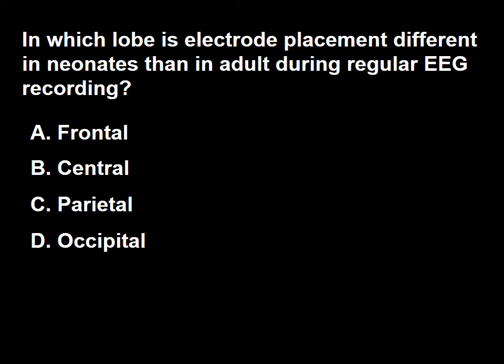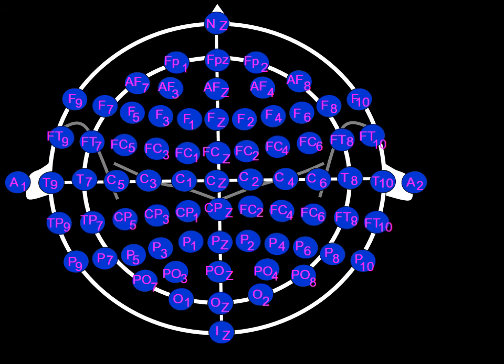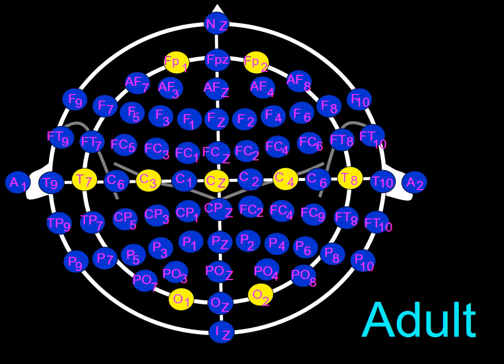Next question. In which lobe is electrode placement different in neonates than in adults during regular EEG recording? A. Frontal, B. Central, C. Parietal, D. Occipital. Concerning EEG placement in neonates, we have alternatives. I will start by showing an electrode placement diagram using the 10-10 system. I have changed the color to yellow in those electrodes on which I'd like to concentrate our attention. The arrow points to the left